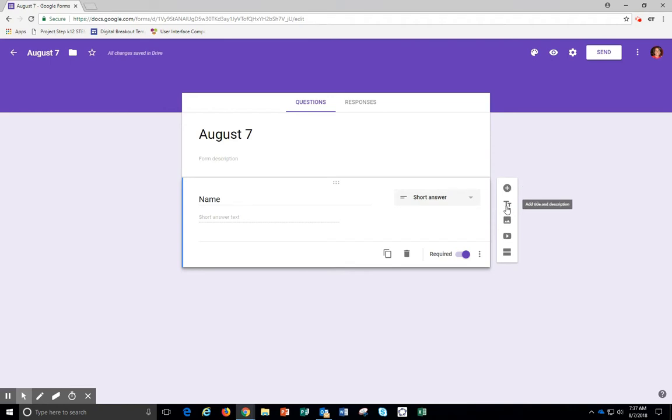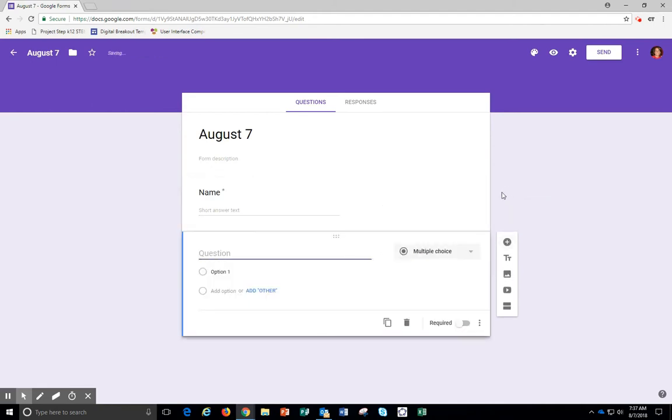Or we add a title to what we want, or we add an image somewhere. You can also add an image right here, but it kind of hides when you float away from it, but it is there. So we're going to create another question. I wanted to show you how to add an image if you are, let's say, a science teacher and you want them to